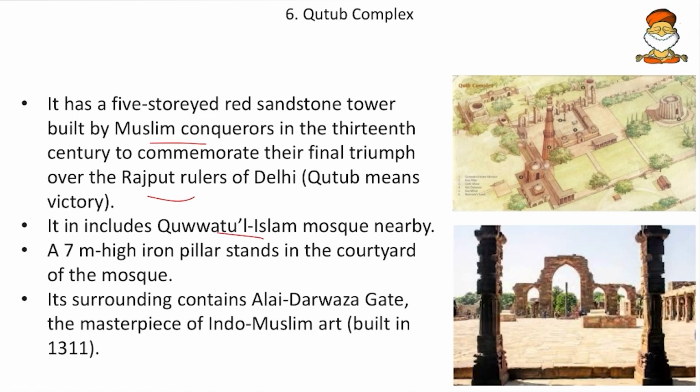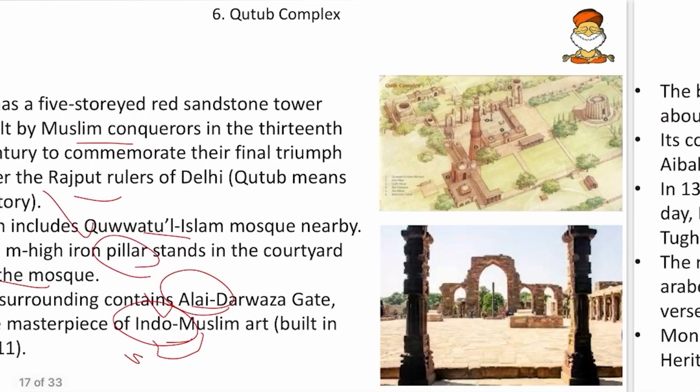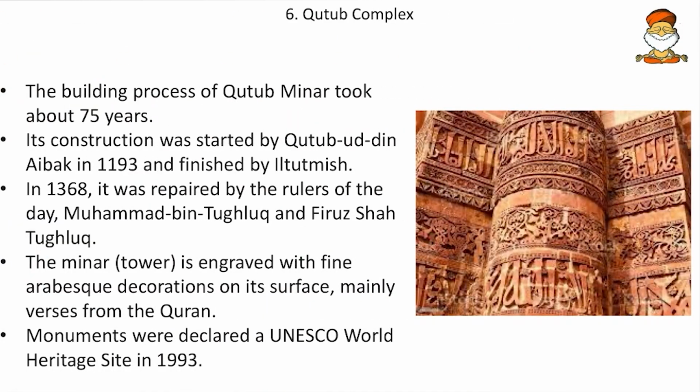So very nearby there is a mosque, and the 7-meter high iron pillar stands in the courtyard of this mosque, and its surrounding contains the Alai Darwaza Gate, and this is a masterpiece of Indo-Muslim art. So mark this confluence of Indo-Muslim art. So here in the Qutub complex, remember Qutub Minar and then Quwwatul Islam Mosque and the Alai Darwaza. Then the building process of Qutub Minar took about 75 years. So it included some 2 to 3 rulers, and its construction was started by Qutubuddin Aibak in 1193